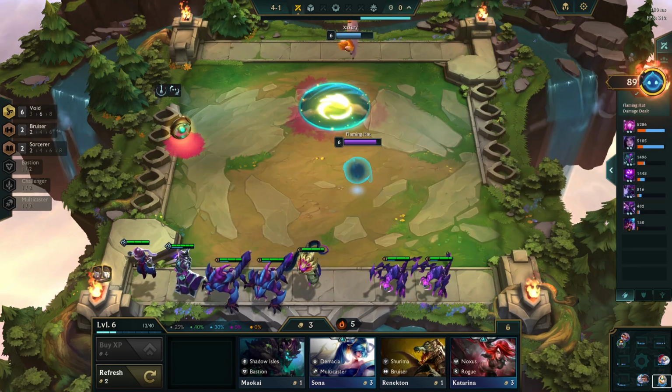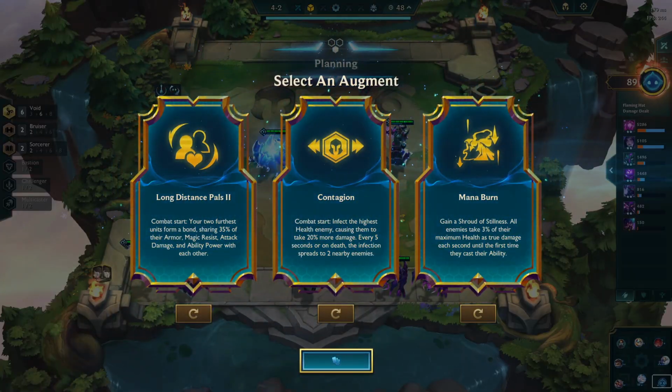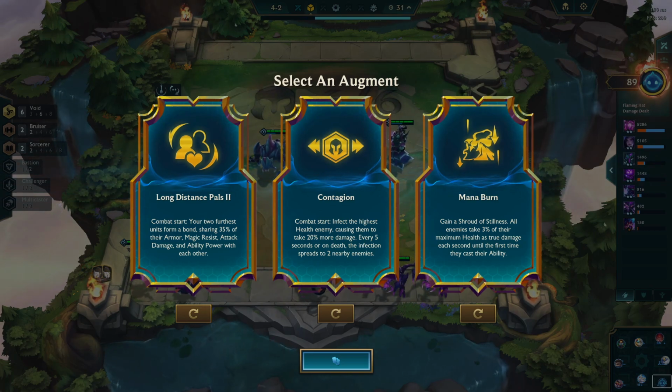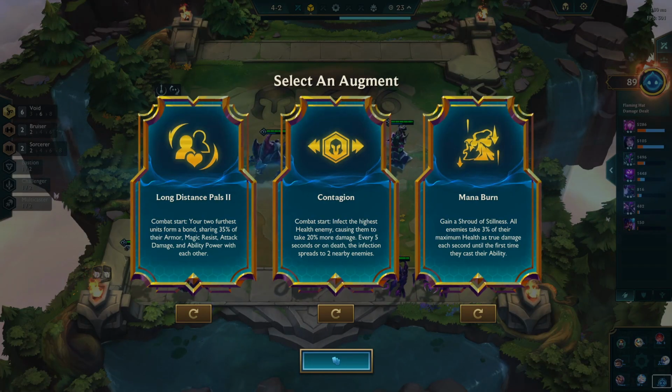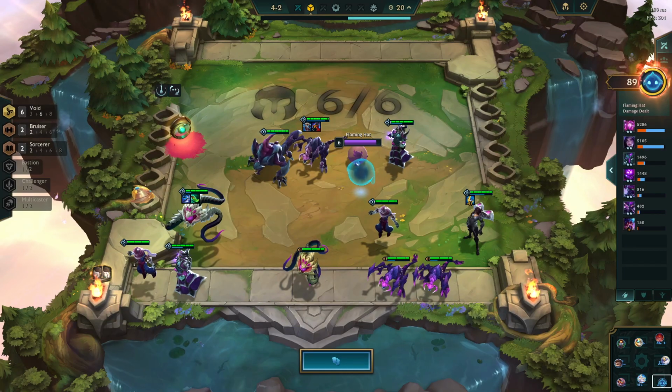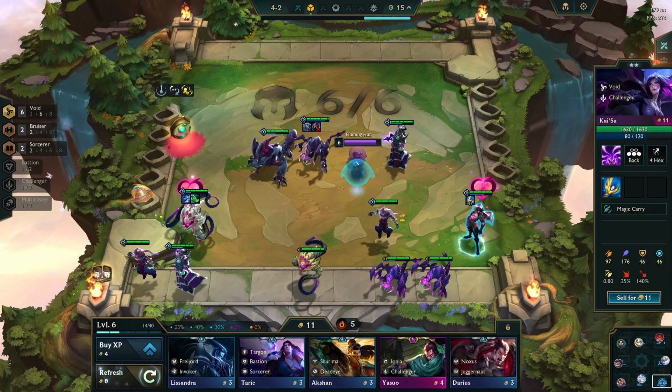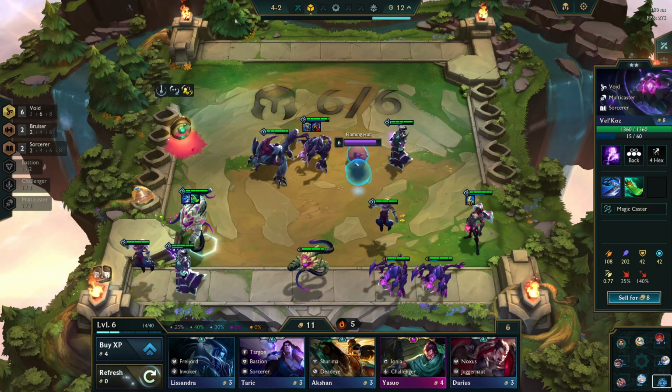Yeah, looks like she powered up by the end. Was able to keep up with Vel'Koz. So I think this is the last augment we're getting. All enemies take 3%. The highest health enemy. Sharing their stats of each other. Let's try that one, because those are my 2 carries here. They should be sharing their power unless